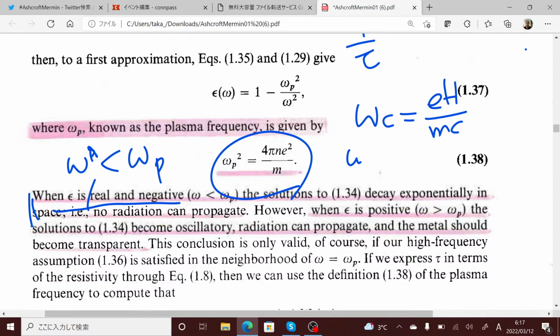The solution to 1.34 decays exponentially in space. No radiation can propagate. However, when epsilon is positive,